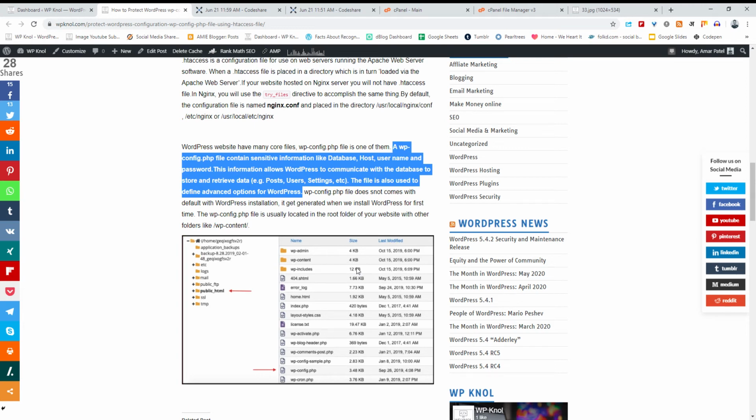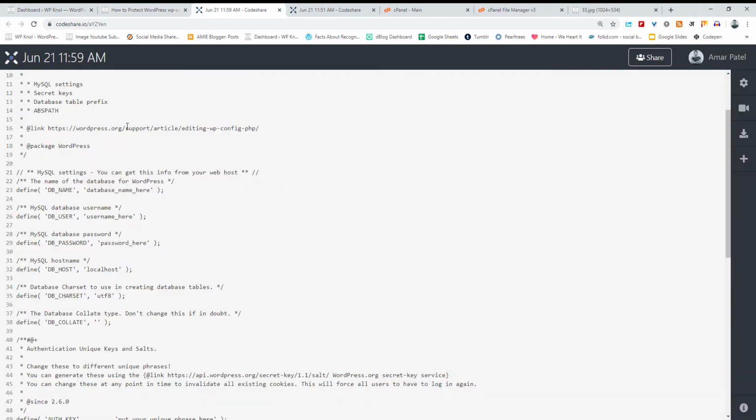When we install WordPress for the first time, we enter the username, password, database name and database prefix, and when we fill in all this data, the wp-config file gets generated.